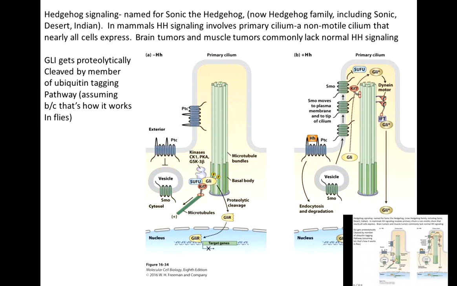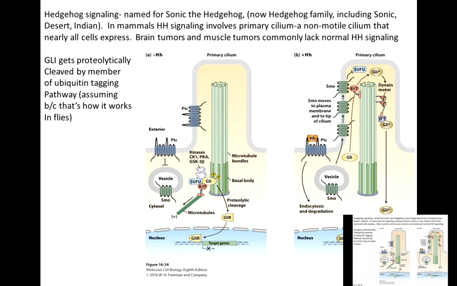It prevents that from happening. Because this doesn't happen, there is a kinase that phosphorylates a transcription factor called GLI, and when GLI gets phosphorylated, it gets partially proteolytically cleaved into GLI-R,